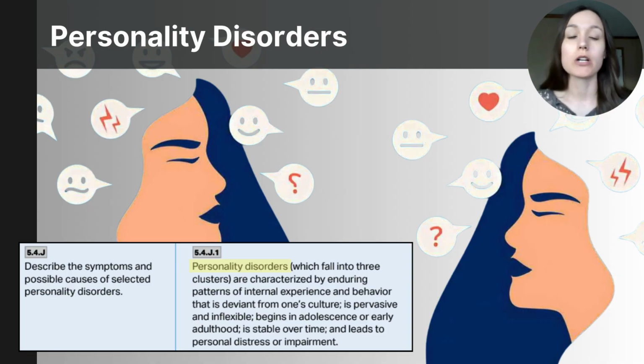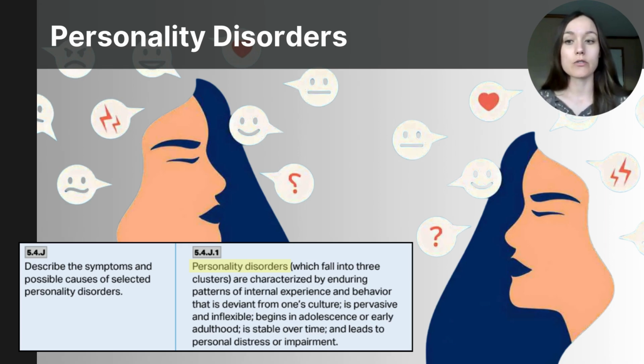Personality disorders are long lasting patterns of thinking, feeling, and behaving that are different than what's expected from a person's culture or causing distress or dysfunction to their everyday life. And unlike regular personality traits that may change in different situations, personality disorders are very rigid and can cause problems in relationships and work and everyday life. These disorders usually start in the teenage years or early adulthood and continue over time.